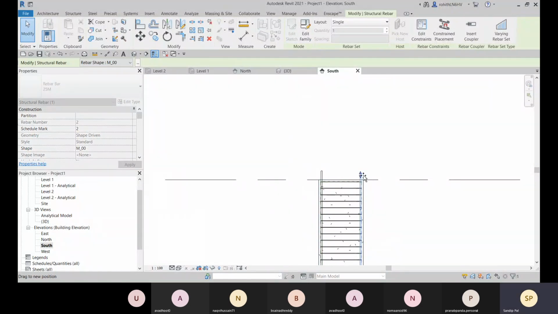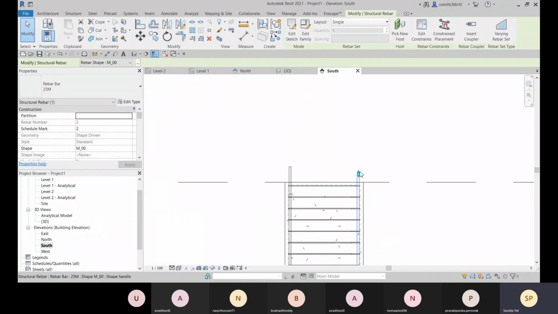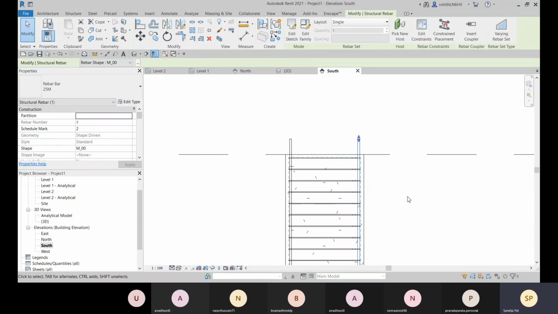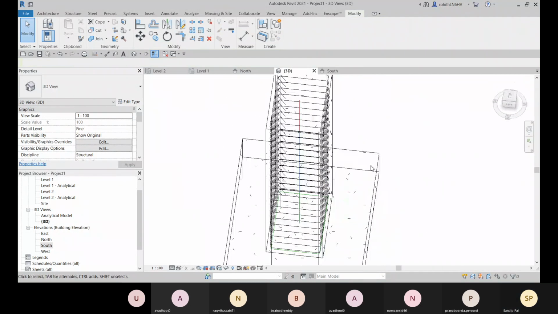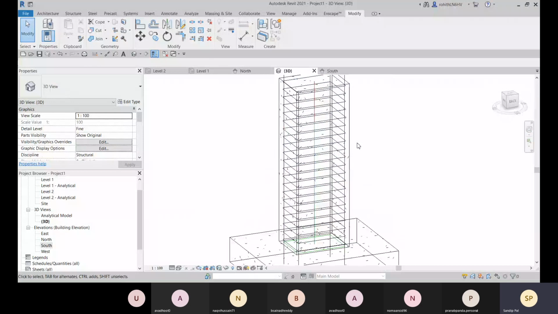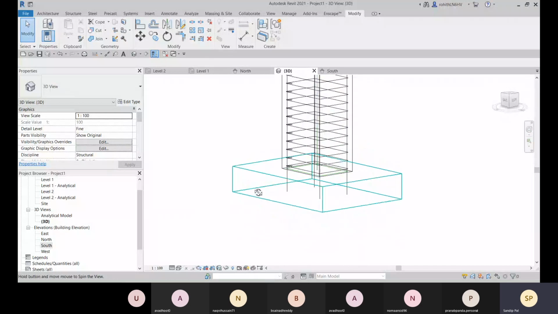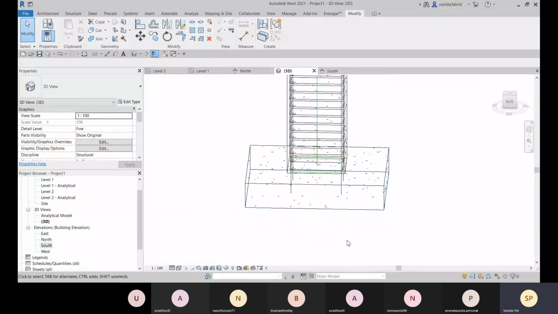You can increase it if you want, okay? And you can check it in 3D. Here you can see that these are the rebars, okay?